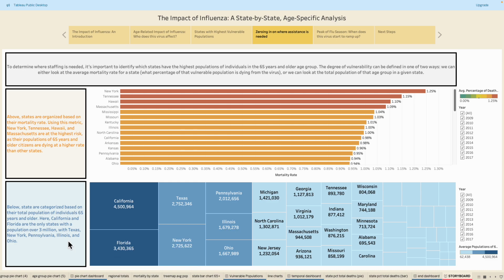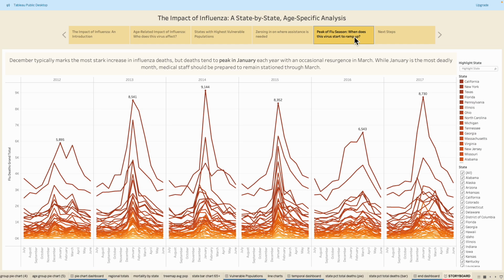So for that reason, total population is probably a better indicator of where staffing should be allocated, because there's going to be more people dying from the flu in those states, right? Regardless of mortality rate, the higher populations are going to have a higher risk. So now that we've got that kind of ironed out, in terms of what metric we're going to use to determine which states need the most assistance,